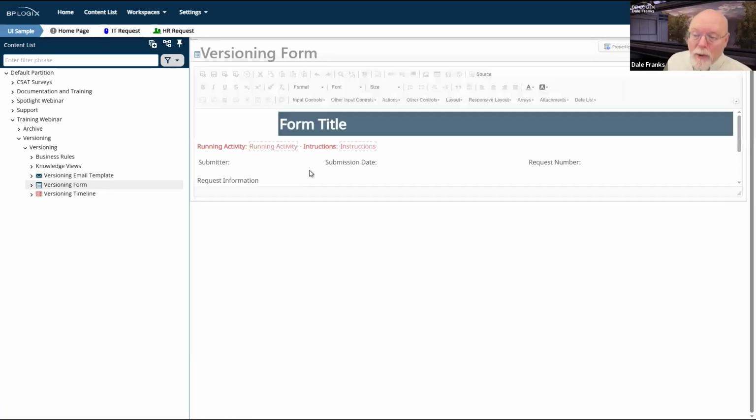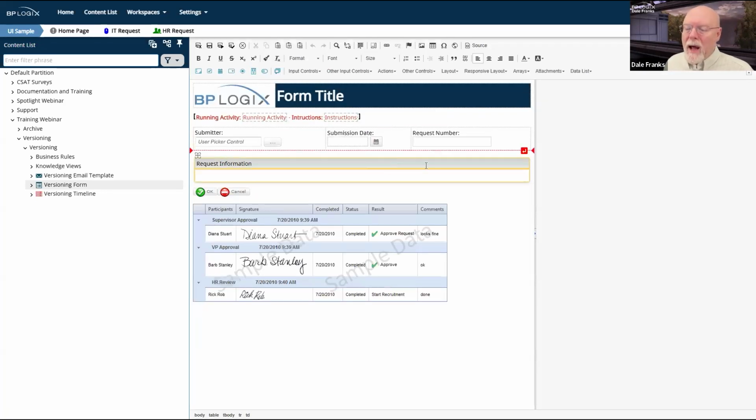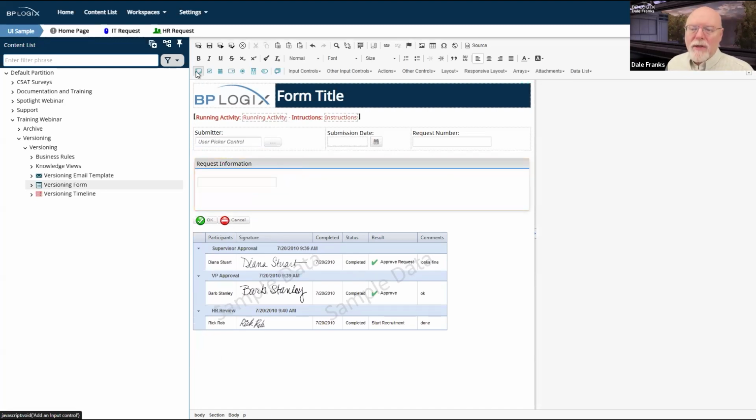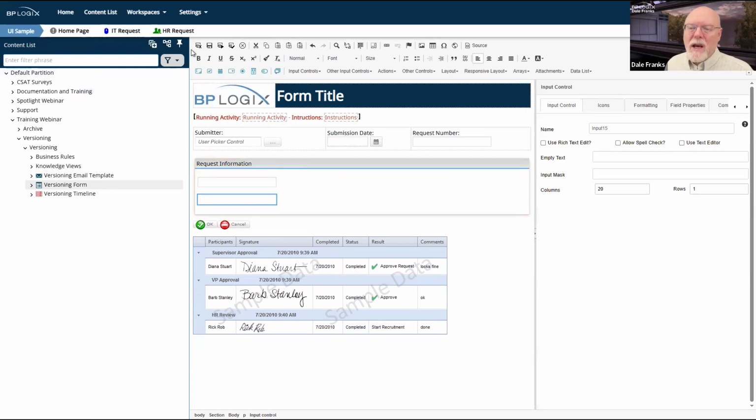So now we can go into the form, and I've already got some objects here, but I'll add a couple more controls. I don't really have to do anything too fancy here, and I will save and close the form. And we'll give it a second to save and close.